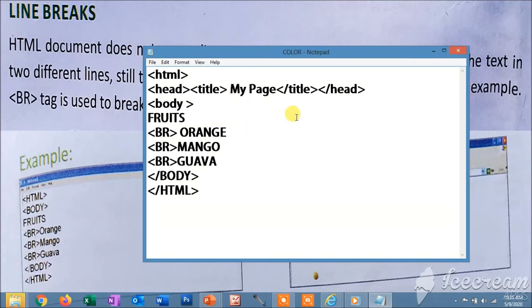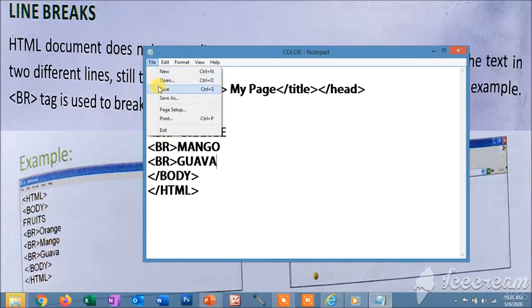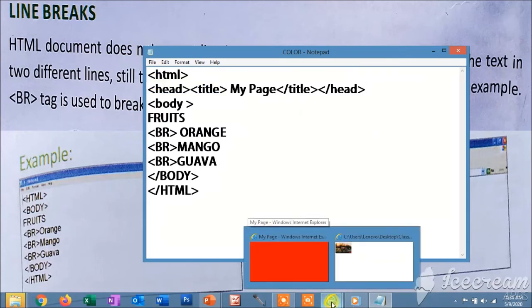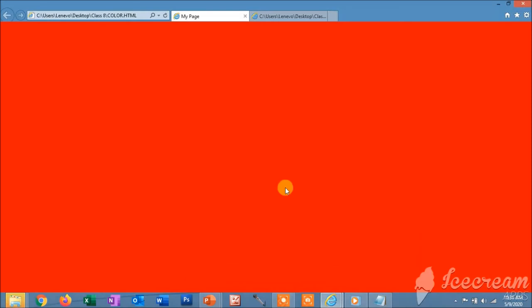Now after writing this, you can again save this and again execute your file. See the output. Now look, the output is visible on my screen.